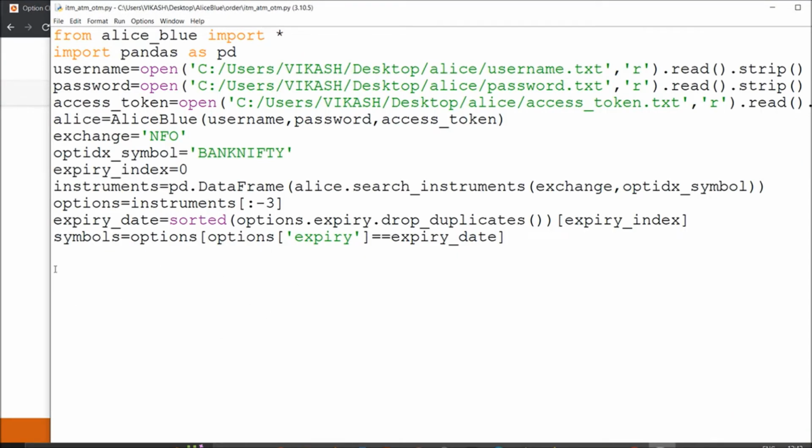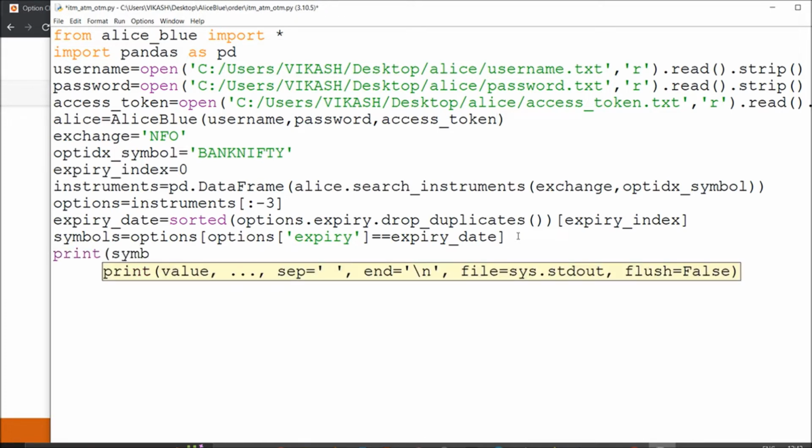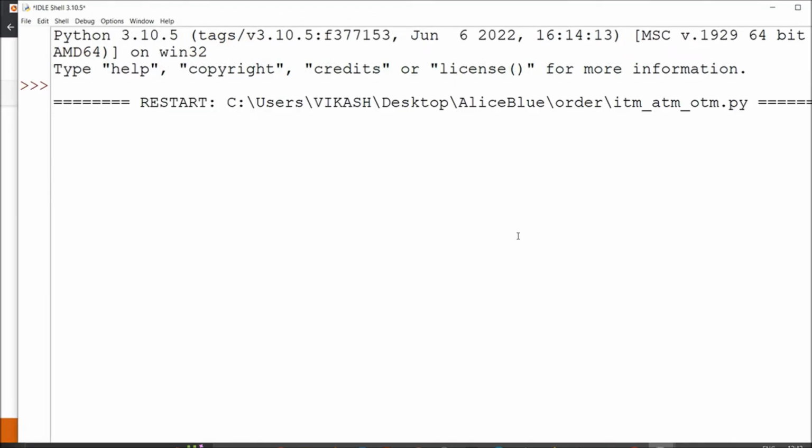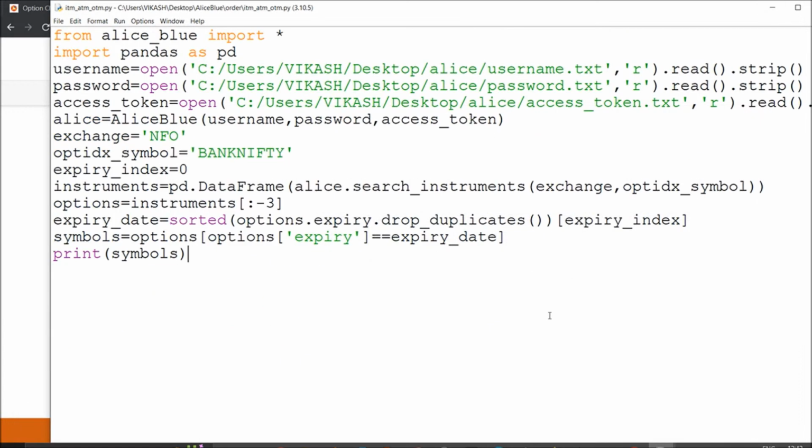Okay, so now only option symbols are there. First of all we'll print these symbols, which will let us check what things are available in the symbols. Whatever matched symbols are there, we will get them with the expiry. So automatically we got the expiry date, and from that expiry date we try to take out our